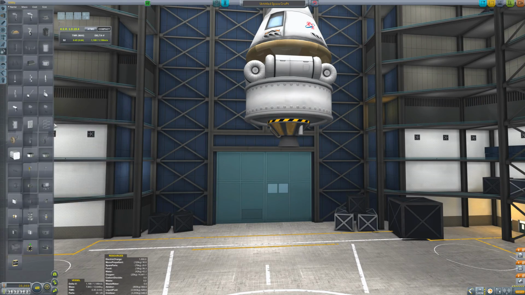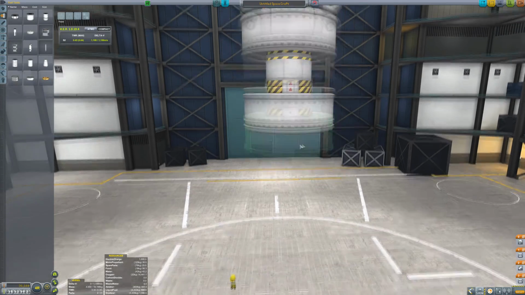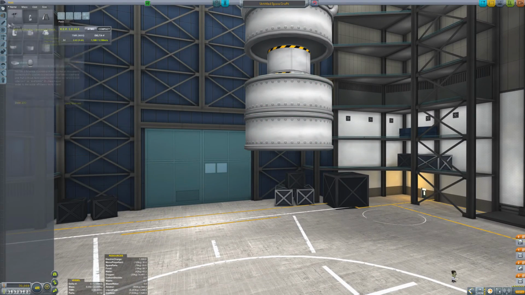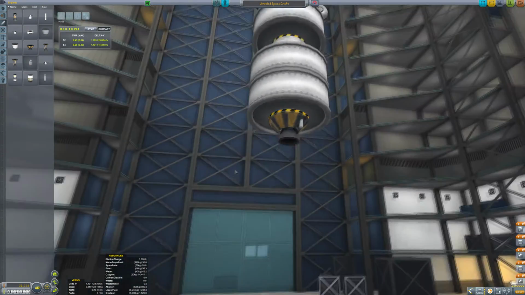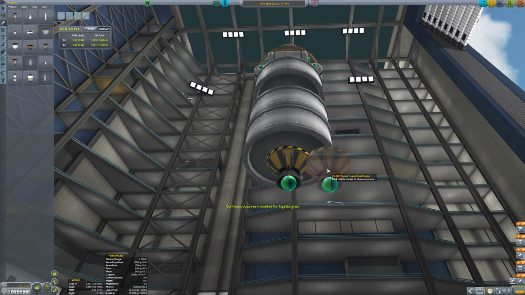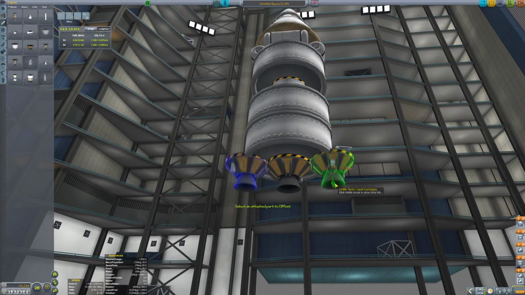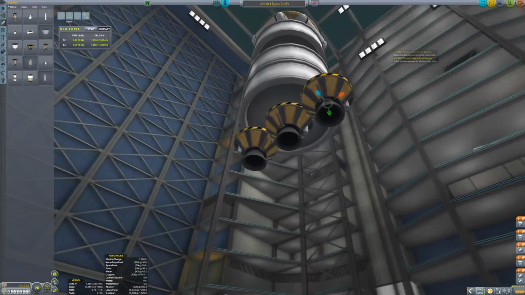Okay, so next thing, let's do our next stage. So I will need another decoupler, and I'm going to grab some more of these tuna cans. Now I think this one LV909 by itself is going to be insufficient. So what I'm going to do is make a row of 3 of them. There we go. Okay, so let's get them lined up. Something like that, and